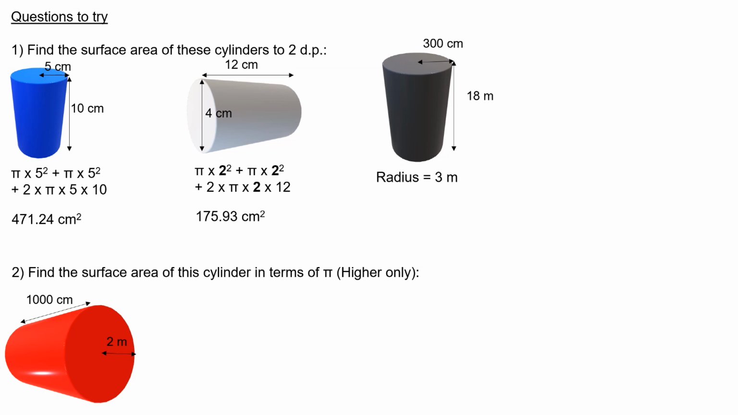And with the last one, remember the units have got to be the same. So I'm actually going to call the radius 3 meters because 300 divided by 100 is 3. So I end up with a final answer of